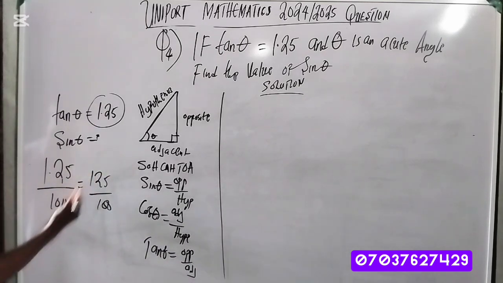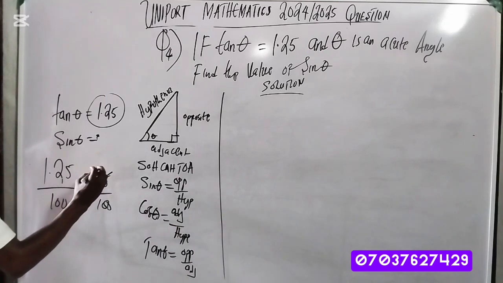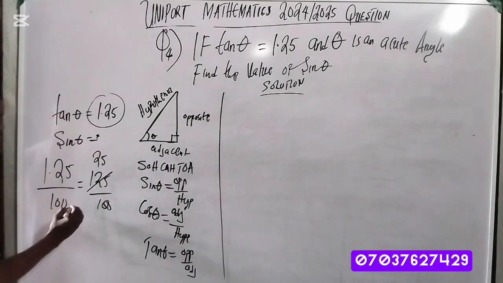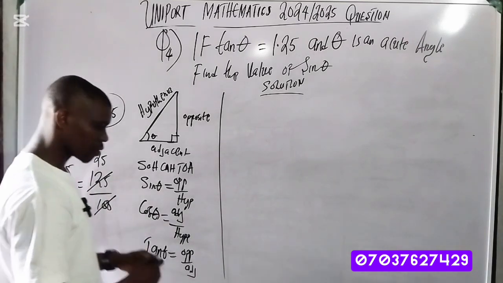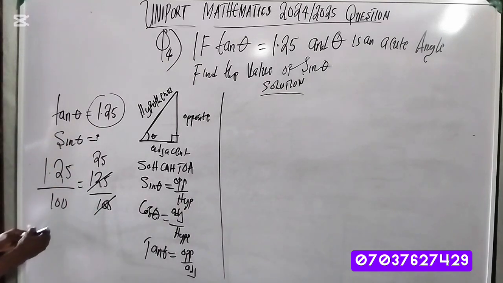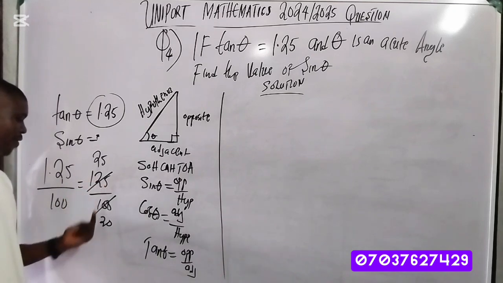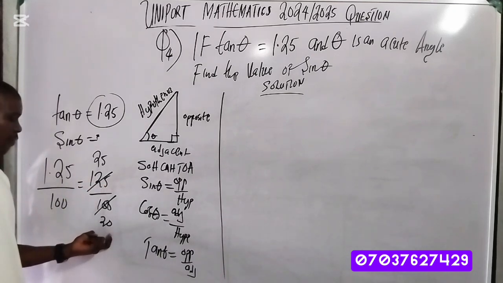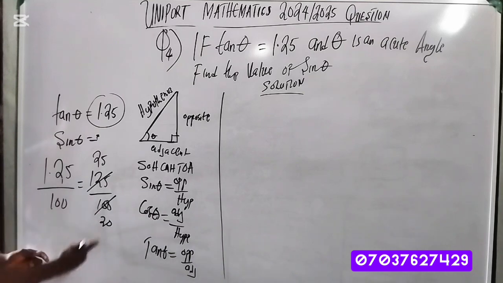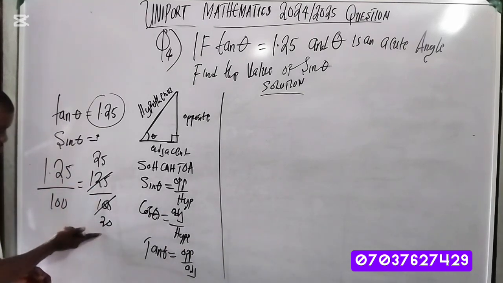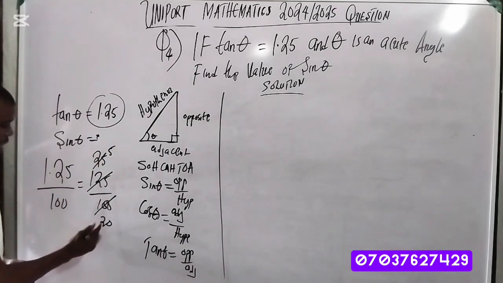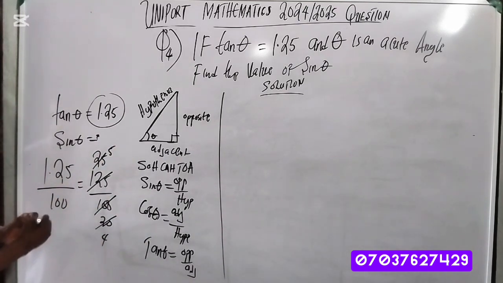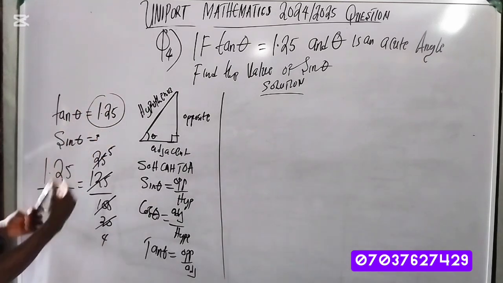Now if you break it down, 5 going into 125 is 25, and 5 going into 100 is 20, because 5 times 25 is 125 and 5 times 20 is 100. Now 5 can still go again. 5 going into 25 gives 5, and 5 going into 20 gives 4. It means that if I wish to write it like this,